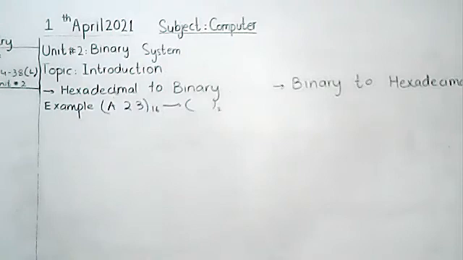Okay, now we have to convert hexadecimal to binary and binary to hexadecimal. We will take a review of that by taking an example one by one for both of the topics. So hexadecimal से binary की हम example लेंगे. A23 बेस 16 को हमने चेंज करना है बेस 2 में. ठीक है,